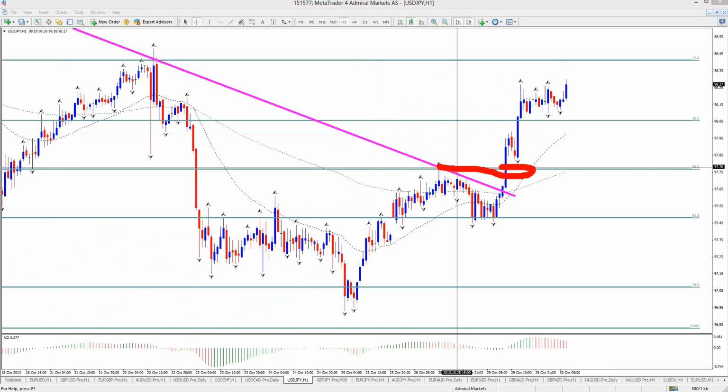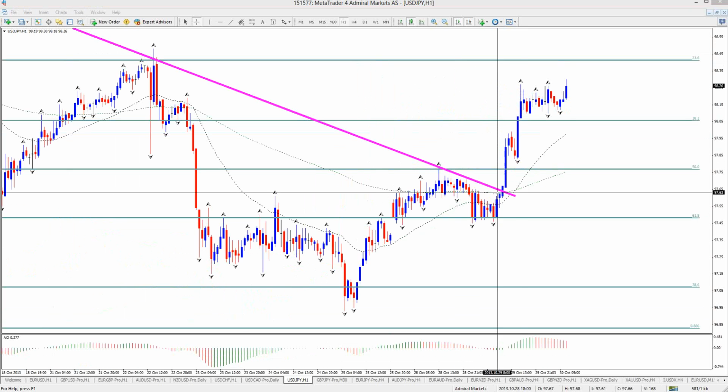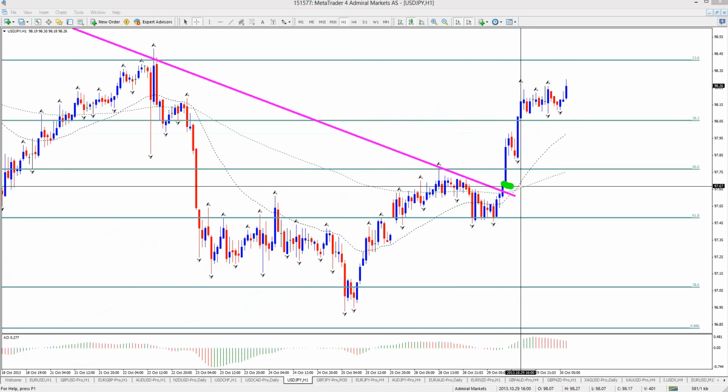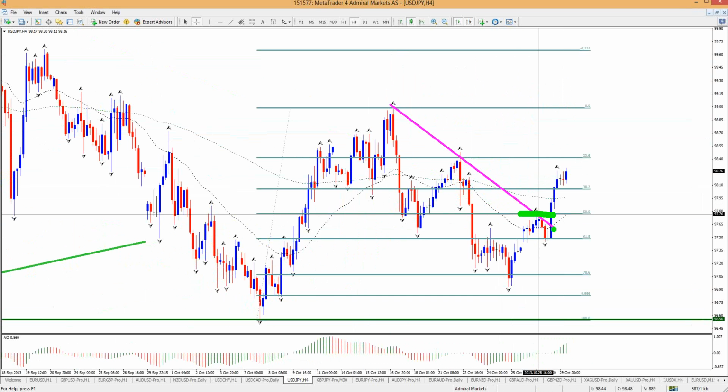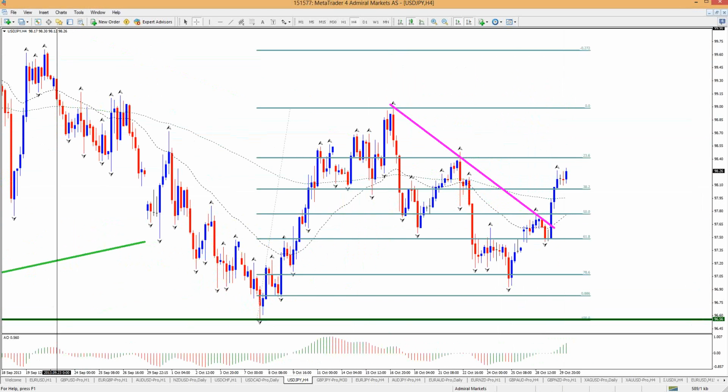So basically, upon the break of this fractal, I took it. Although I thought it was likely that it was already breaking earlier, right here, and I thought the chances were pretty high that we would continue higher from there. I still waited for the 1 hour resistance, and that was just a bit of caution for me. I wanted this 4 hour resistance to break, just in case we break the trend line and pop down for a lower correction. So I was a bit cautious there, but in any case, it doesn't matter